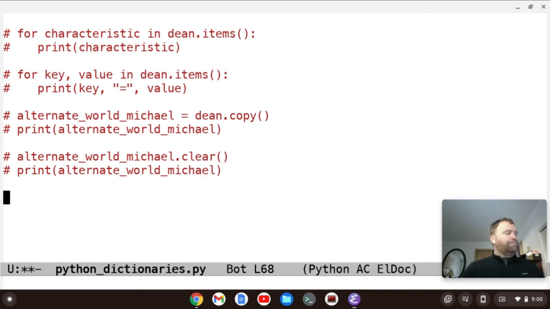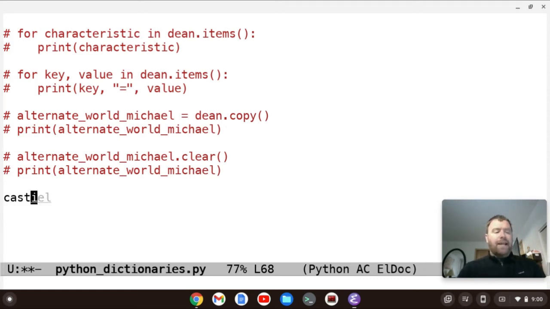Okay, so let's use the pop method. We can use the pop method to store a particular key's value in a variable.